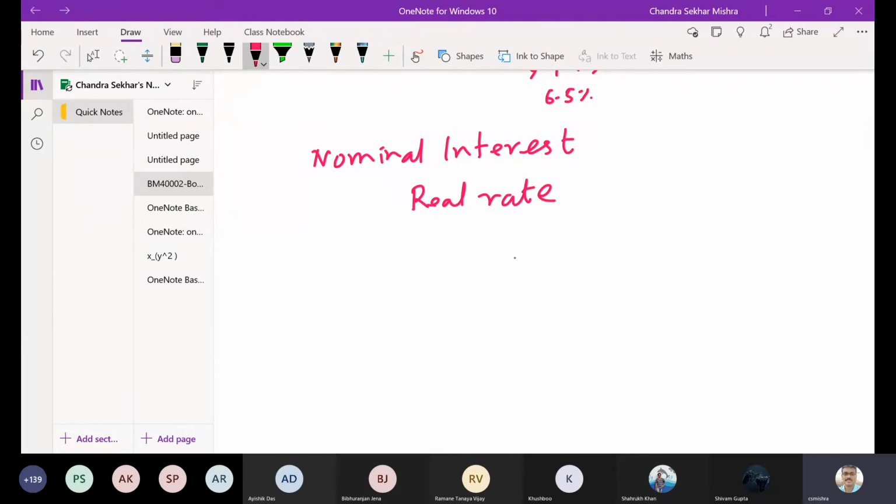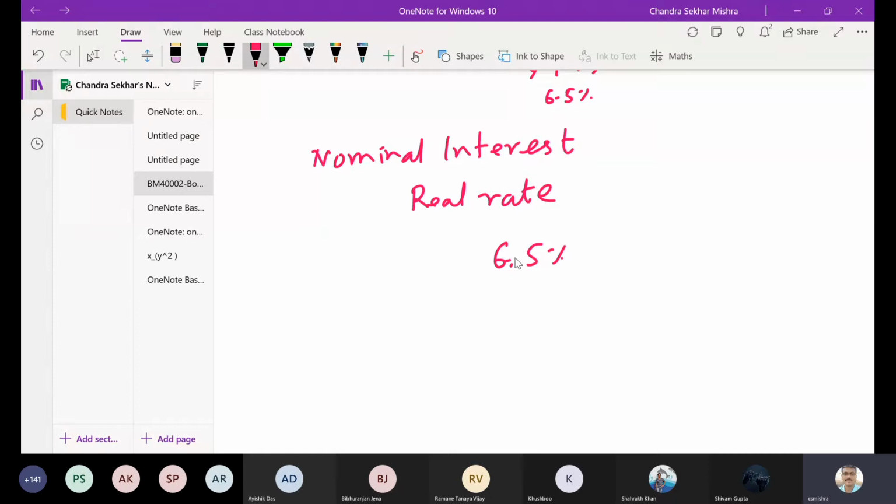So long-term bonds, 10-year, 5-year, the Government of India issues through the Reserve Bank of India. Then the investors can subscribe. Okay. So big investors can subscribe because the minimum amount of investment is very high in those bonds. So that is your what? That is the yield on the Government of India bond today. Let's say a 10-year government bond yield is, let's say, 6.5%. Okay, let's assume. I have not gone to the data, but let's assume.